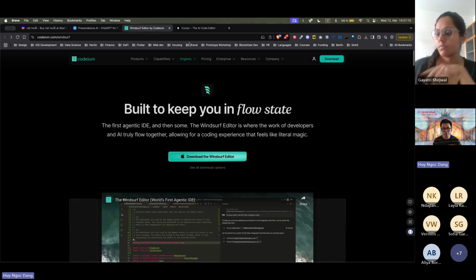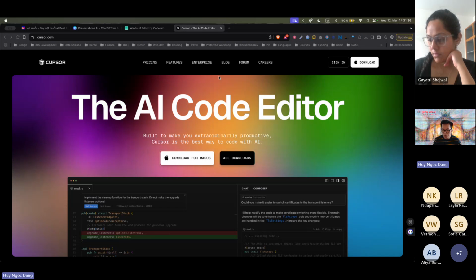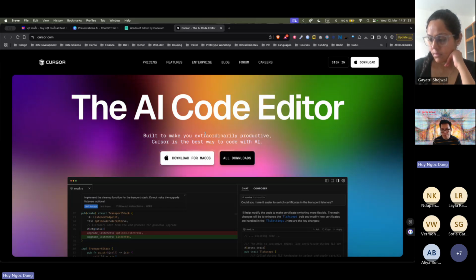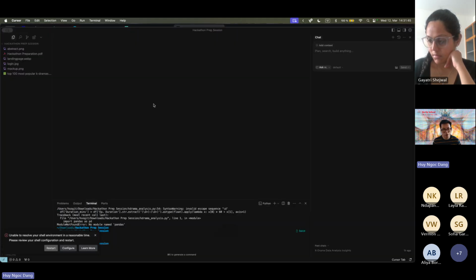And Cursor, for example, is made by, I think, a few MIT dropouts who worked for, I think, Microsoft and Visual Studio Code, and then they basically do a fork of Visual Studio Code, and then they create Cursor and integrate AI tools natively onto that. So when you open it, as you can see here, it basically looks exactly like a Visual Studio Code environment.